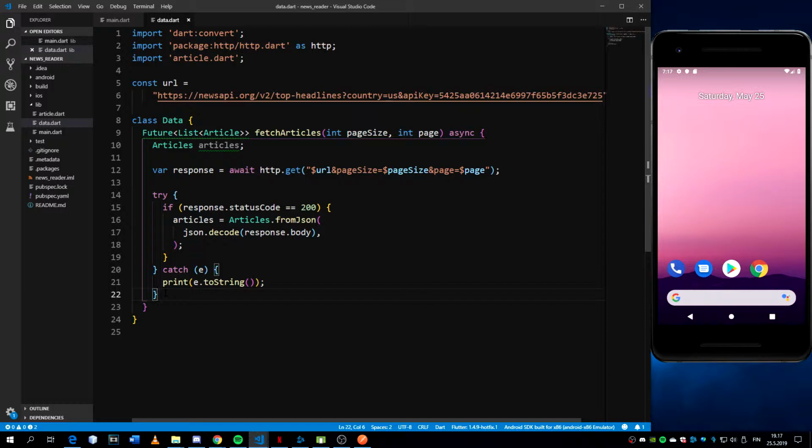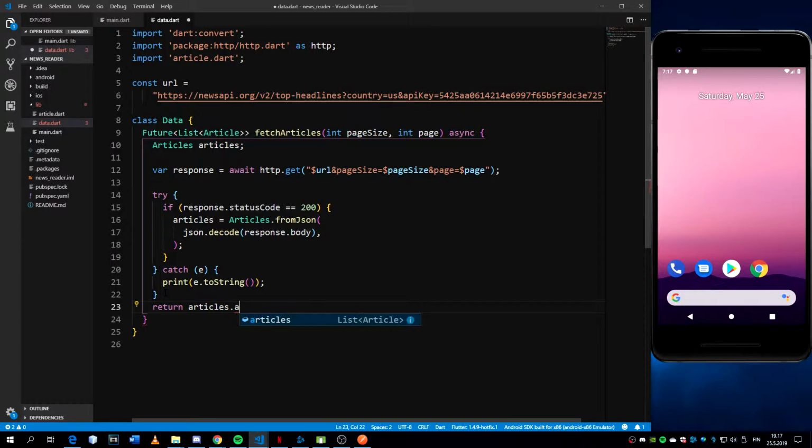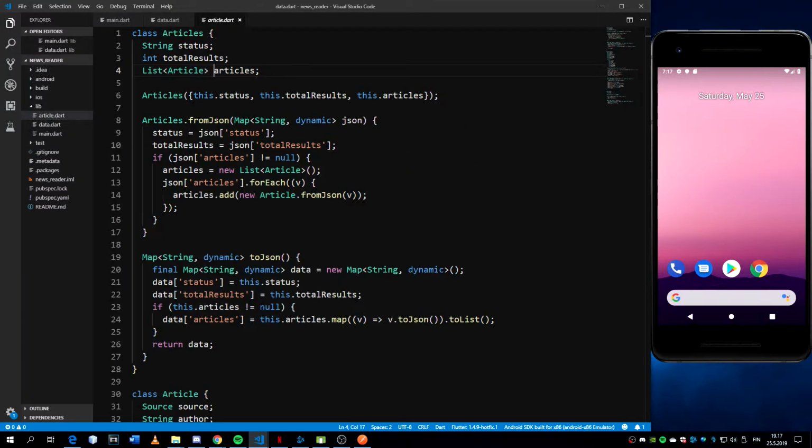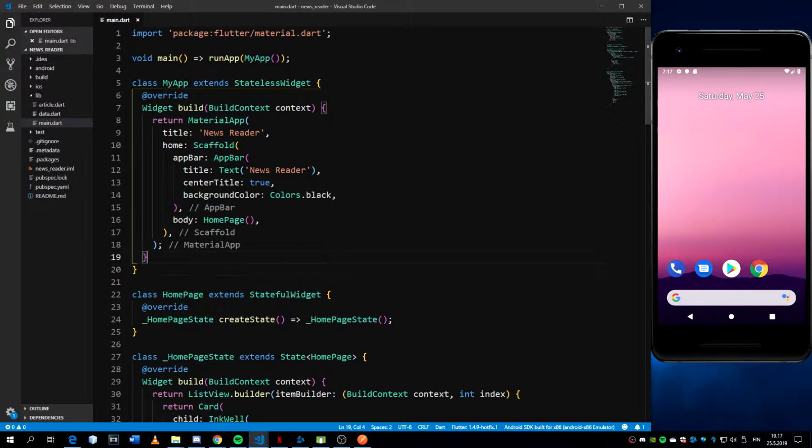What's wrong with this? Oh, I'm not returning anything. So articles.articles, so the list inside the articles class. So this here. That should be okay. So now we can go to our main